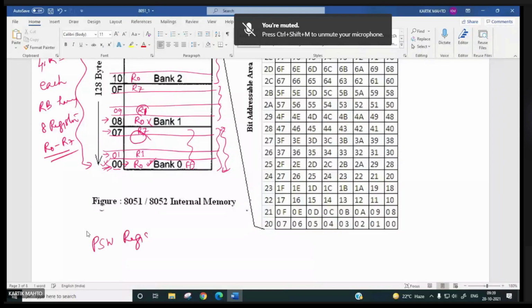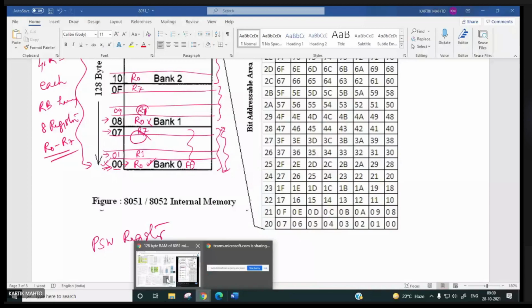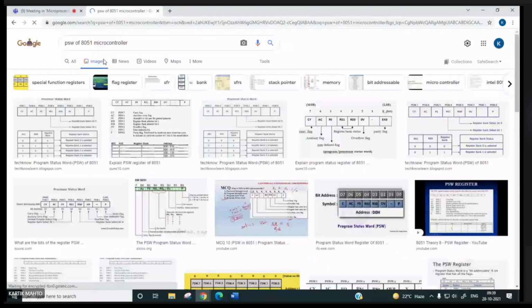So I will take the PSW register of 8051 first.